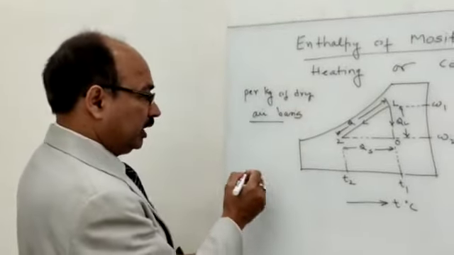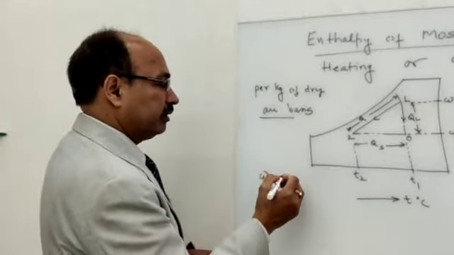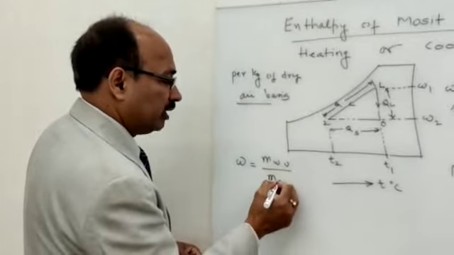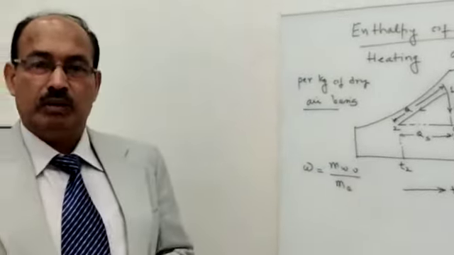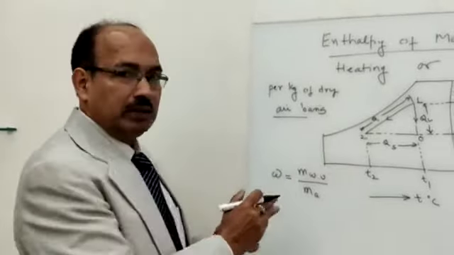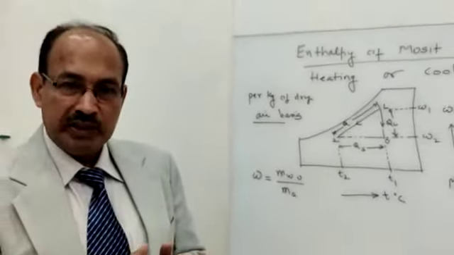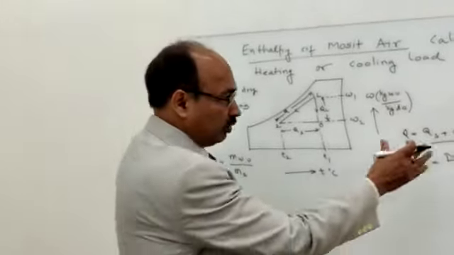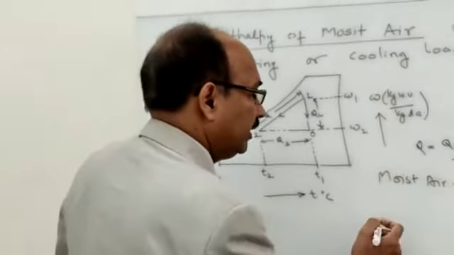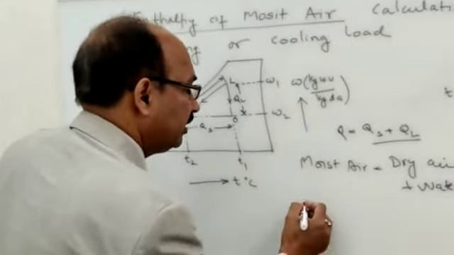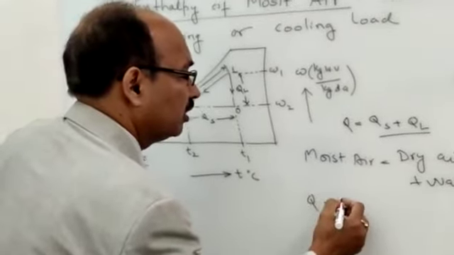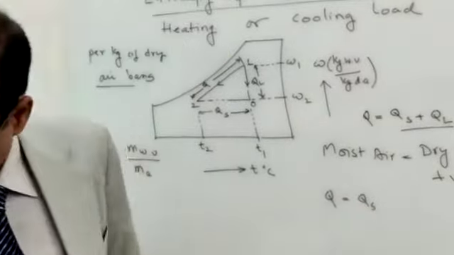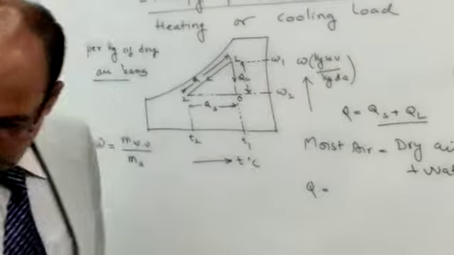and we know humidity ratio omega is mass of water vapor to the mass of dry air in a given sample. So that means omega is nothing but mass of water vapor associated with per kg or 1 kg of dry air. So suppose we are trying to find out how much is the enthalpy, then on per kg basis, or let me make it more clear.